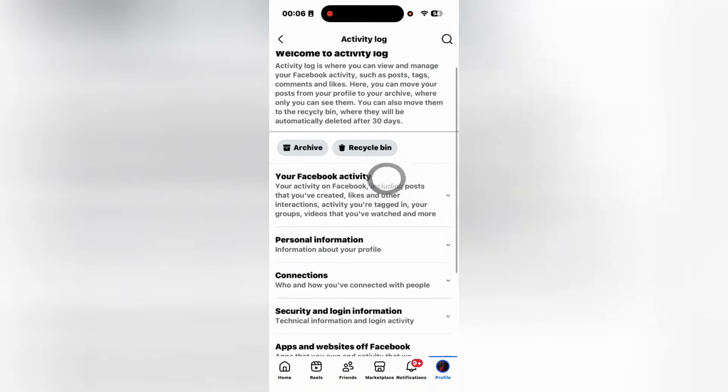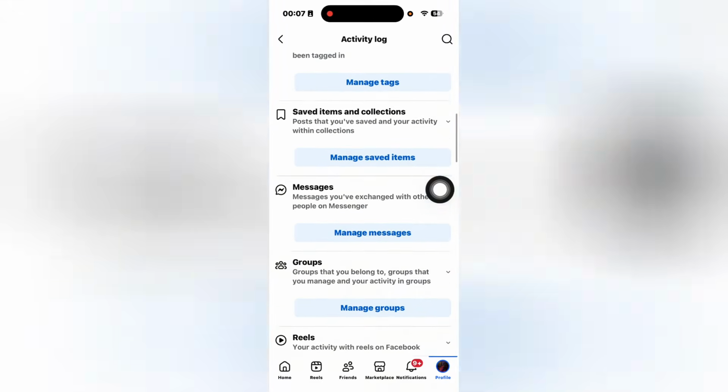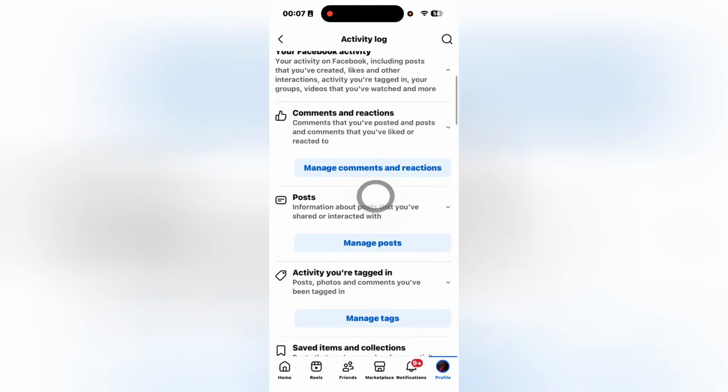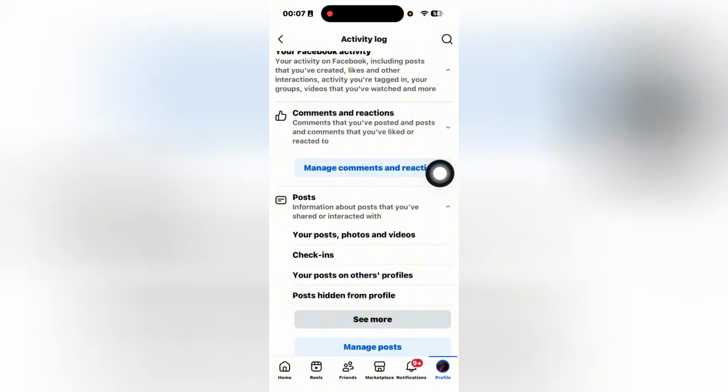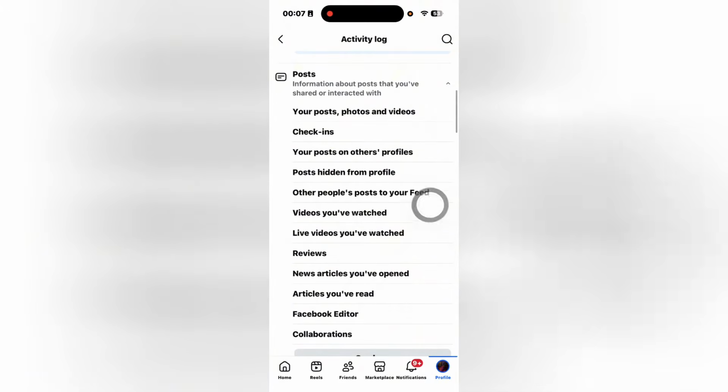You'll be able to see your Facebook activity. Click on it again and then scroll down once again. You'll be able to see something like Reels, or specifically you got to search for the one that says posts. Click on this drop down and then you'll be able to see some more options. You're going to click on see more right over here, scroll down and you'll be able to see videos you